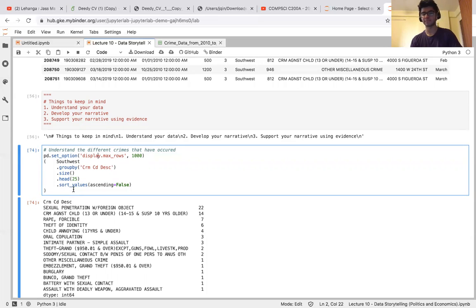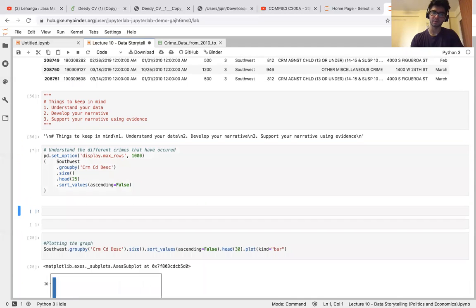And essentially, it's a frequency that we're generating. So we do that by grouping the Southwest table by the crimes committed descending column, and then take its size, then take the top 25 elements, and finally sort by passing in the argument of ascending being false in order to get a descending table, right?